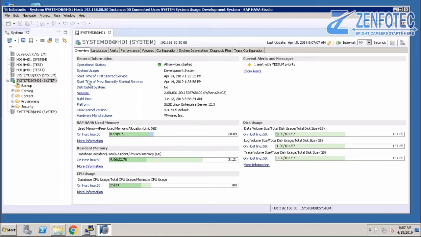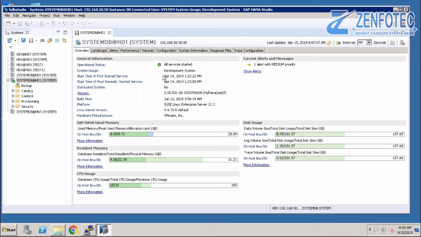Here we have the start time of the first started service and the most recently started service. These two may be different. For example, I started the server 2 months back, and after that some of the services were restarted suddenly. Then the timing will be different here.